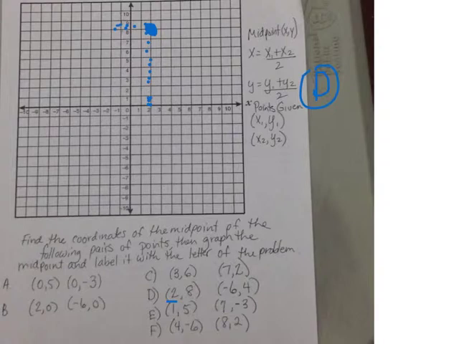So now on the second point, I'll do that in green. We have negative 6, 4. So negative 6, x is,